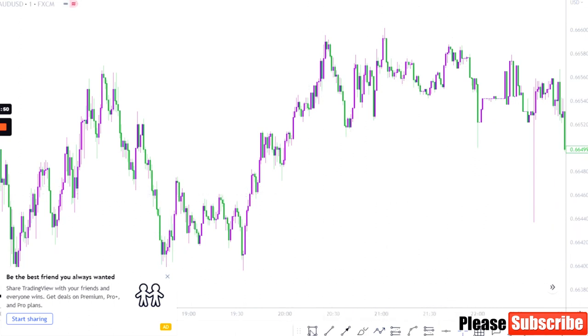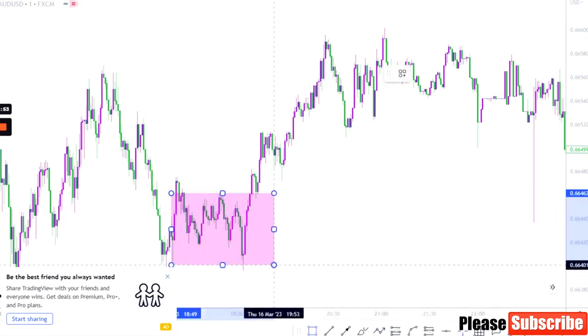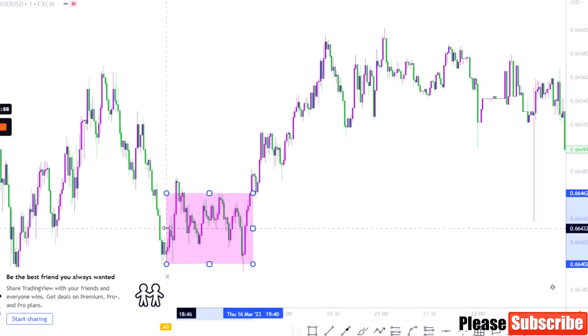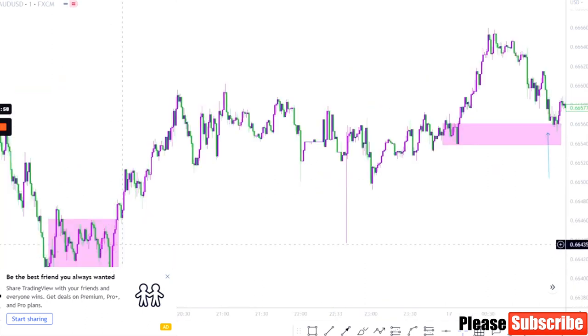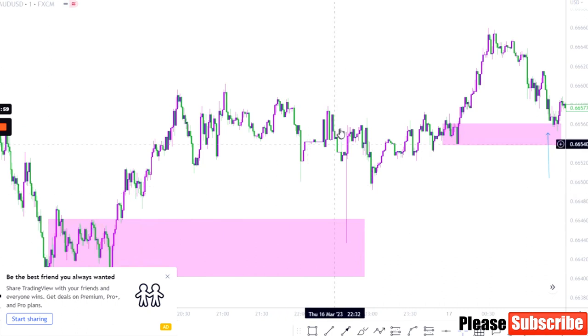This tells us that okay, the buyers have taken over. How do we actually spot the demand zone? Where was that consolidation happening? It was happening at this base. All right, let's mark out the whole base. Cool. Now, if you bring the base forward, you can see the market came all the way back to test